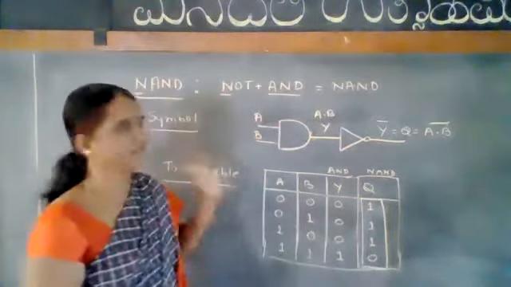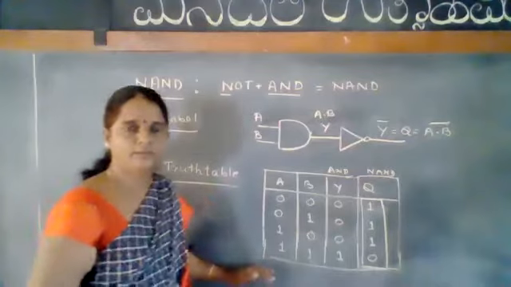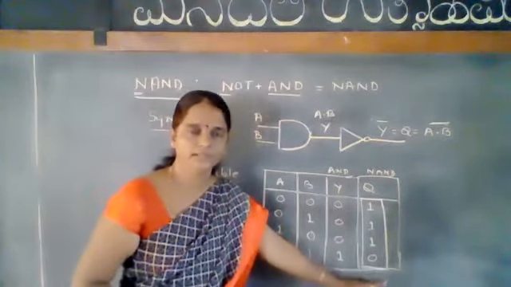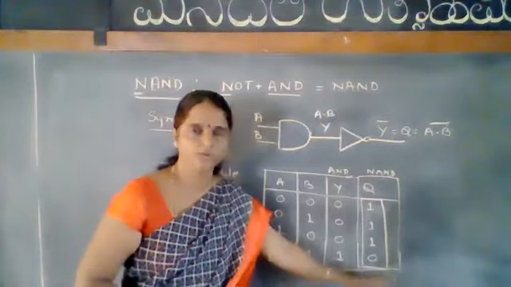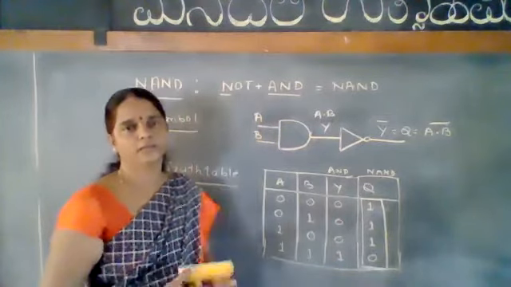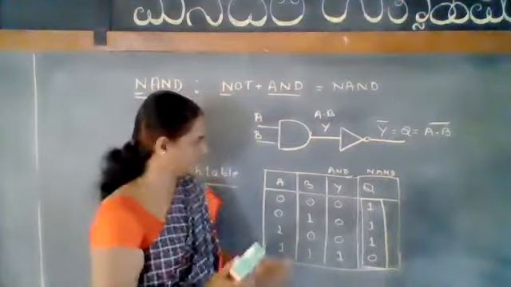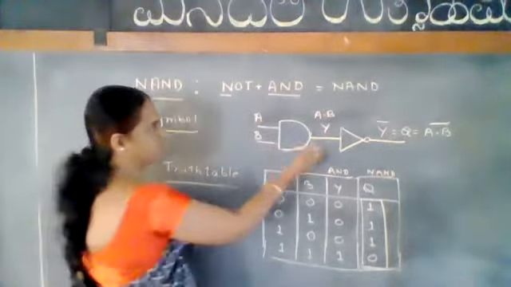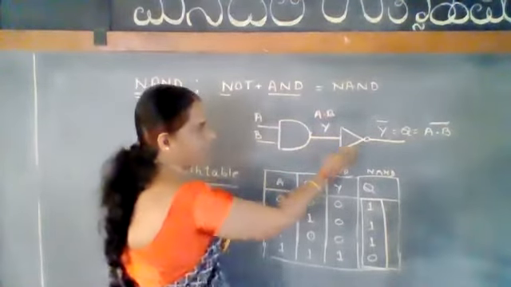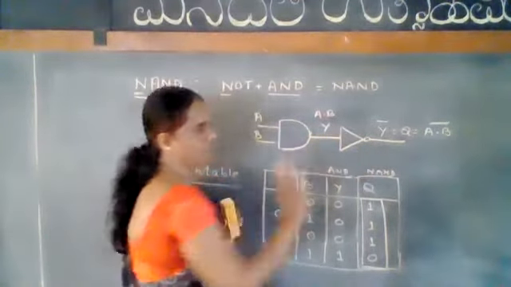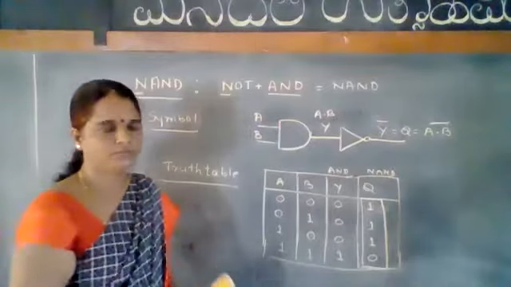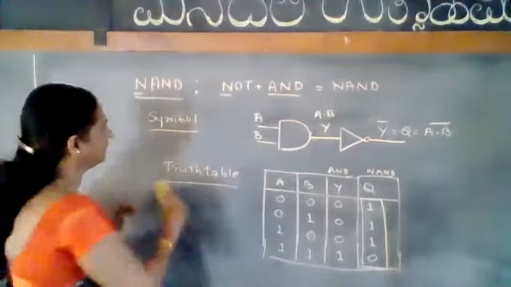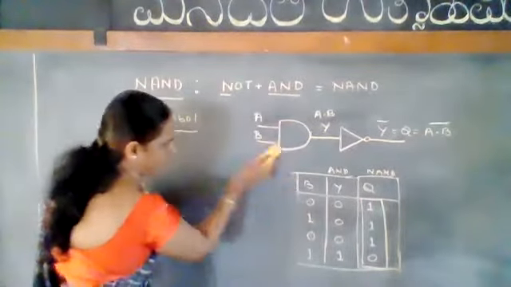Therefore, we can define this NAND gate as when both the inputs are high, the output of that electronic device goes low, then that is called the NAND gate. Okay, so this is the truth table of NAND gate. For the working, you can write this only. When the AND and NOT are combined together, what we are going to get. Okay, so this is about the NAND gate. Let us take up the next gate.